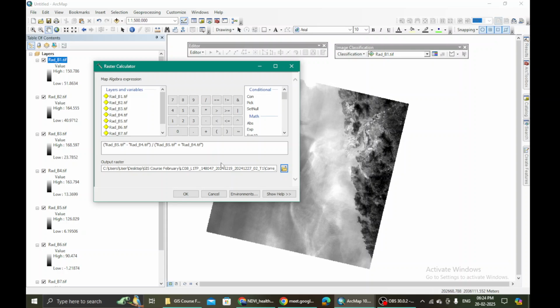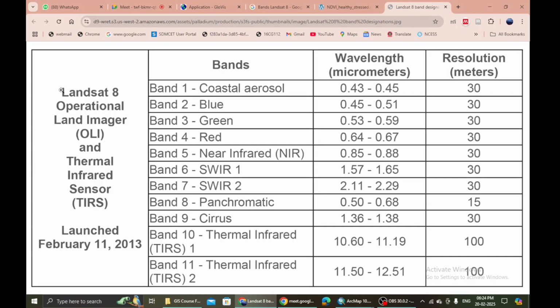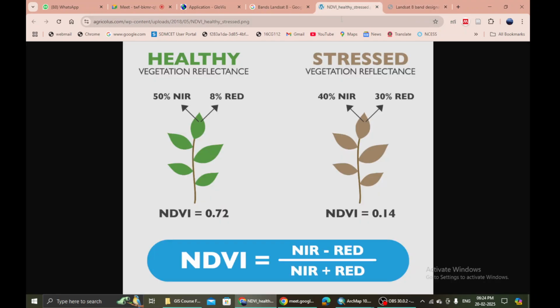Ma'am, why did we select band 5 and band 4 specifically? Yes, we have chosen band 5 and band 4 because on Landsat 8, band 5 is near infrared. The equation does not tell us which band we need to take, because this equation can be used across any satellite data. We need near infrared band minus red band divided by near infrared band plus red band. So this equation doesn't tell us which satellite data to use.